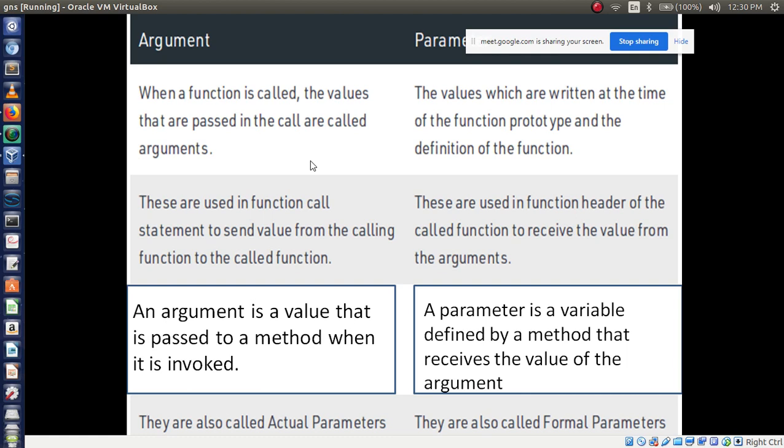You have to explain. So total 10 marks they will ask: 5 marks for differences, 5 marks for explanation, and 1 example, like we have discussed in previous slides.